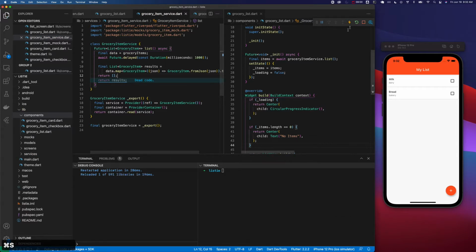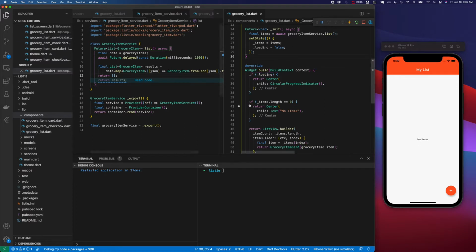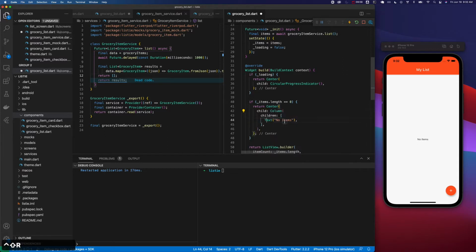You'll see a dead code, obviously. So now if we refresh, we get this, no items. So let's play with that for a bit. I'm going to actually wrap this in a column. And we'll have text that says no items, and let's actually have an icon, icons dot